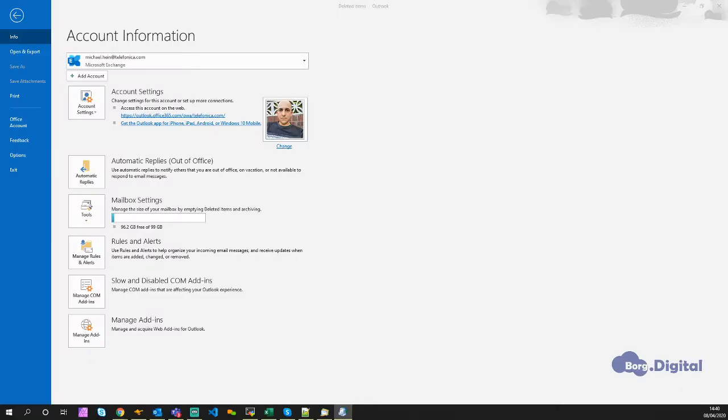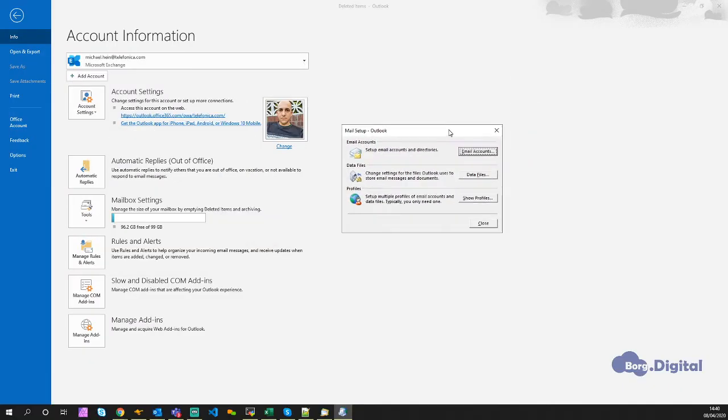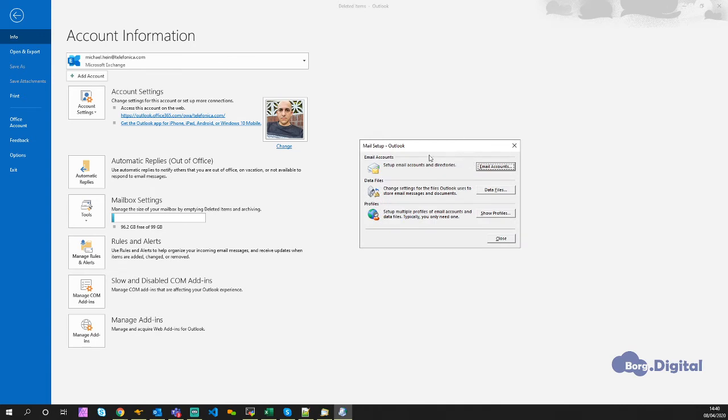You'll get a pop-up box like this, and it's warning you whether or not you want this to make changes to your device, and click yes if that appears. You'll get a little box that looks like this. What you need to do now is click on email accounts